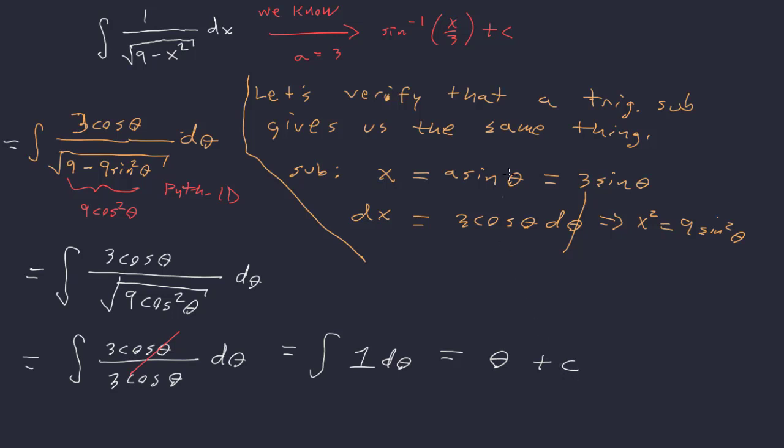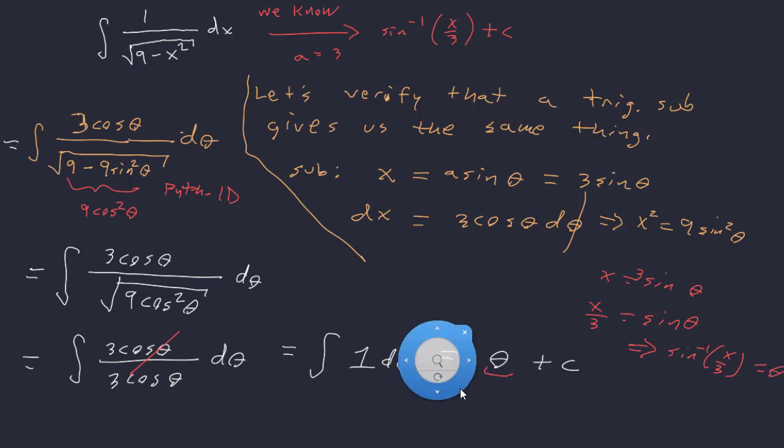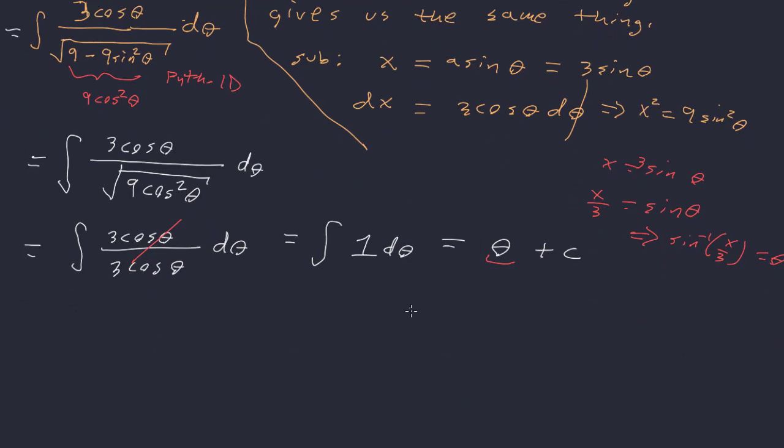And so what we're going to do is we don't need a reference triangle here because we're just going to use the fact that if x equals 3 sine theta, that means x over 3 is sine theta, which tells us that sine inverse of x over 3 is theta. So we can put that in for our theta. So our final answer is sine inverse of x over 3